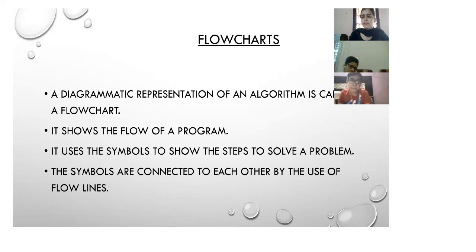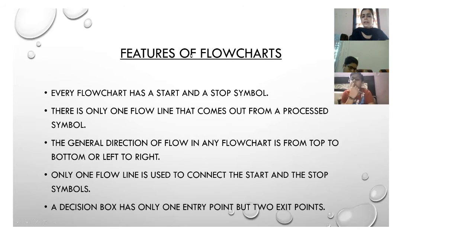When you are drawing a flowchart, if you are only drawing the symbols like the start box, then the input box, but no connection is there with the help of flow lines, that is wrong. Clear? The flow lines are to be used in order to connect one symbol with another symbol. Am I clear?